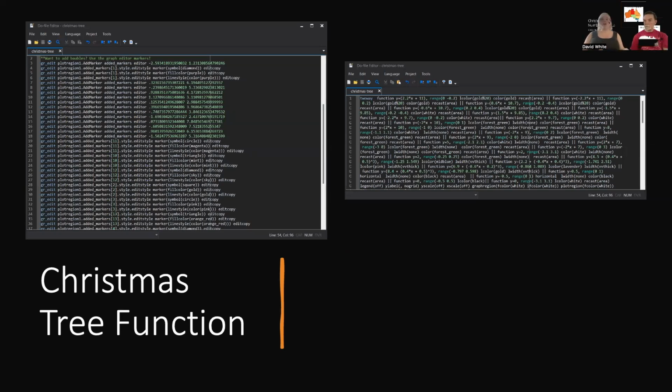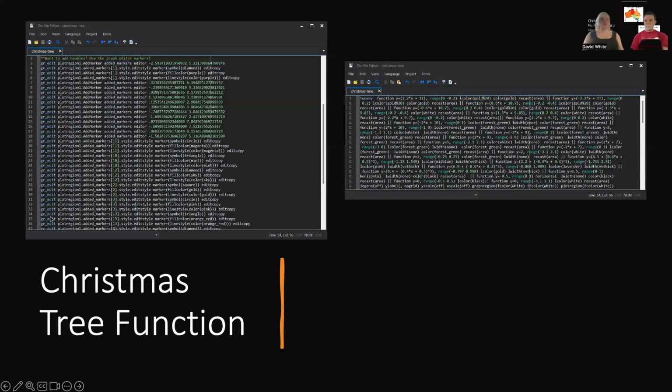Yeah, so you can see on the right, this is all the twoway functions that draw my tree. So it's a whole bunch. You've got one function and then your two pipes and another function, two pipes. So you can see I'm drawing a whole bunch of functions together to make my tree. So that's how you draw the triangles and the base and color it all in. And then on this side, you can see all the gr_edit commands. So I took all these plot region commands out of a .gph file after I'd finished my Christmas tree, and I can just pop them all in here as gr_edit,